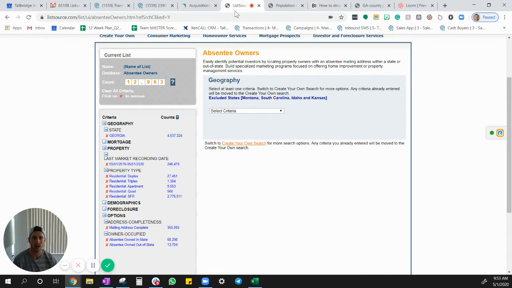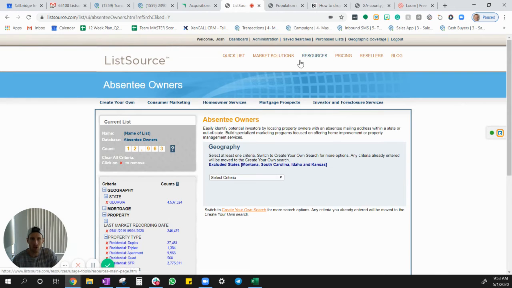So basically, what that means is the owner of a property does not reside at the actual property, which would imply that they're an investor. They've likely purchased it as a rental property. So what you can do when you come into ListSource, obviously you can create a free account very easily. And there are a number of investor predefined searches that you can leverage. So one of them happens to be absentee owner. So if I click on absentee owner,